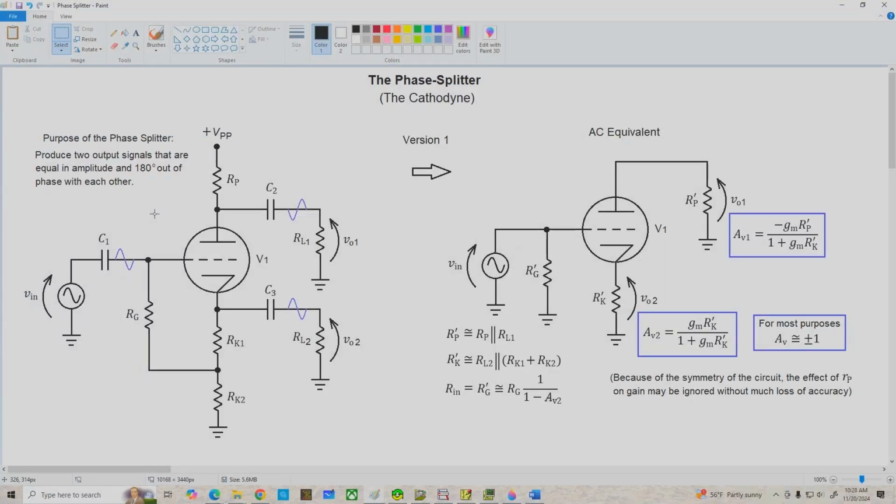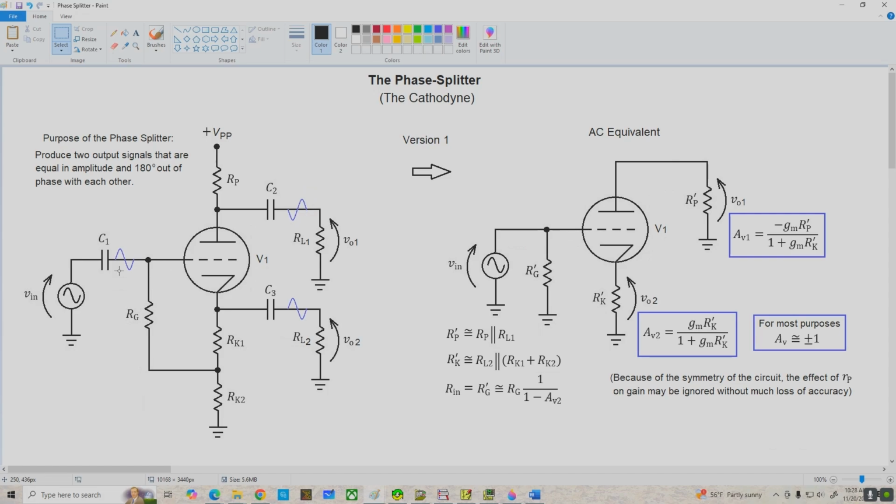Today's topic is the phase splitter, otherwise known as a cathodyne, and it's more or less a combination of a common cathode amplifier and a cathode follower in one amplifier. And the purpose of the phase splitter is to produce two output signals that are the same amplitude but 180 degrees out of phase with each other, as we can see here from these little blue sine waves I've put